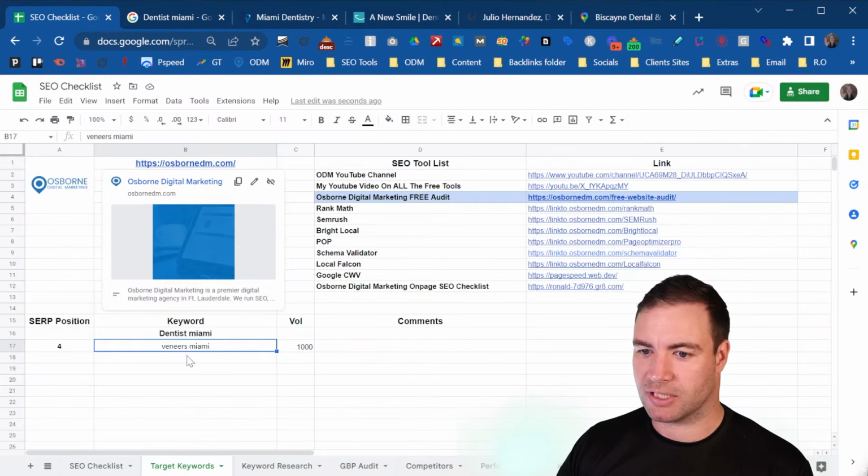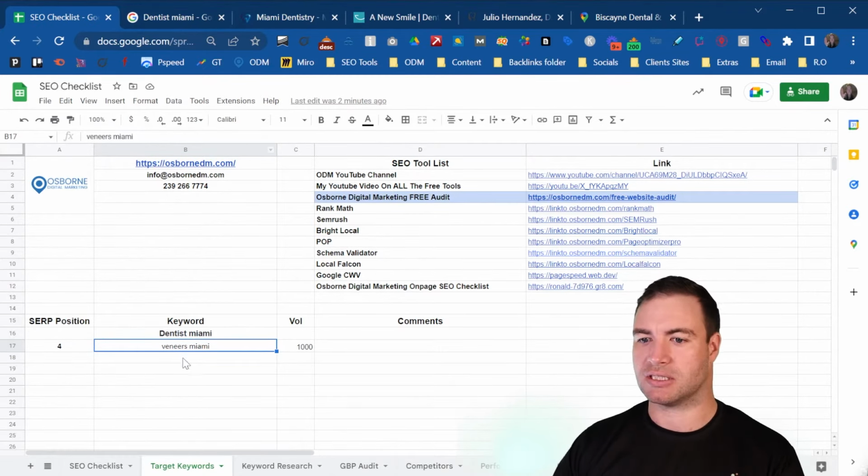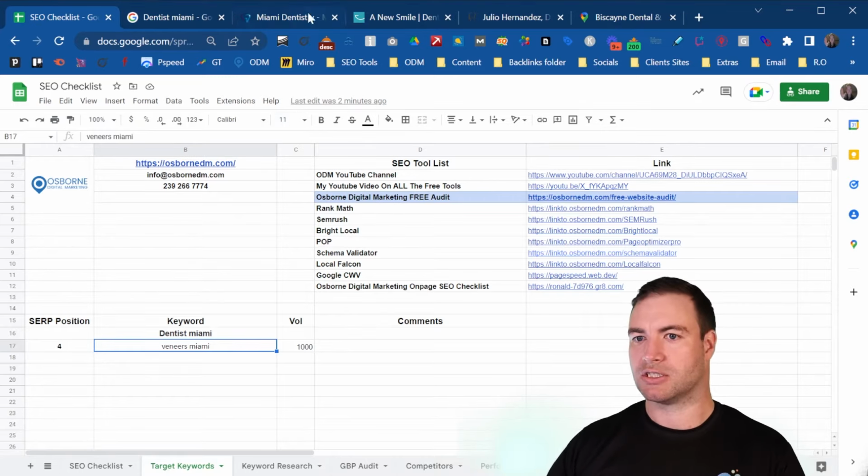So that's definitely a target keyword that I'd be going after. I'd be creating a page. There's obviously stuff around it. There's stuff around it, guys. So, and what you can do